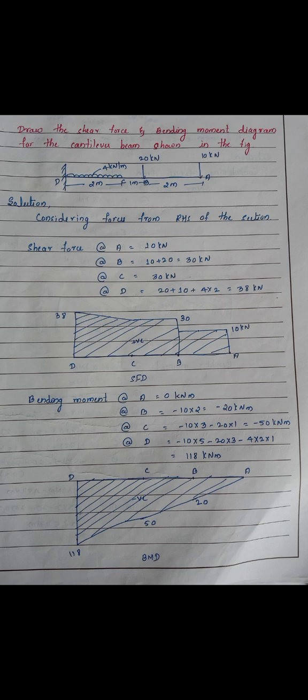When we are drawing the shear force diagram, we need to consider some points. In between two point loads, the value will be constant, that is, it will be a horizontal line. That is, A to B will be horizontal. That means it will have 10 kilonewton throughout A to B. And when you consider the shear force diagram at a point load, it will change drastically, or you can call it, it will have one step.